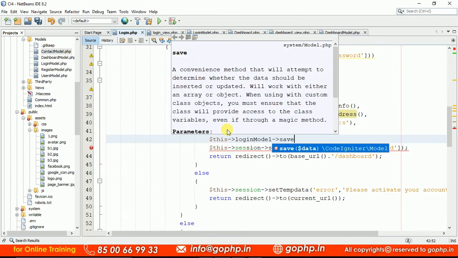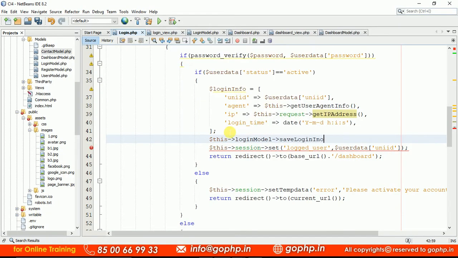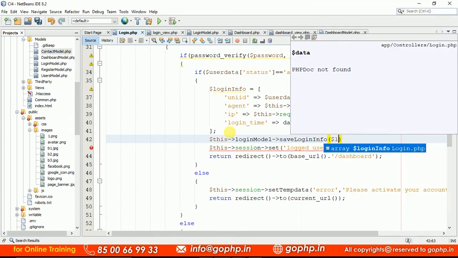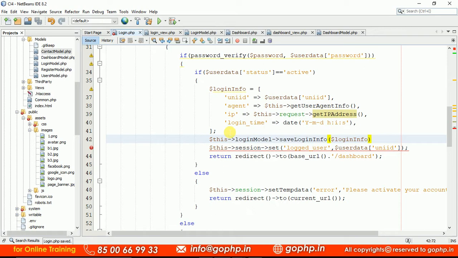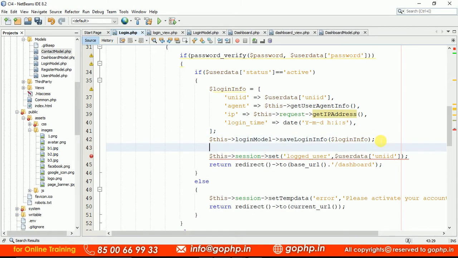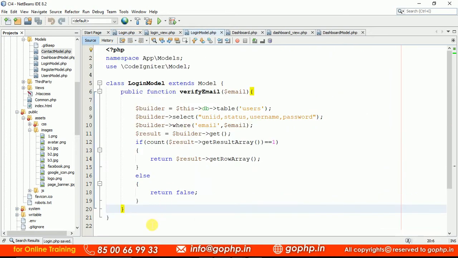Save login info is a predefined method. To this method, just pass the login info variable, right? Save login info is a method. What this method is going to do, you know, this method is going to return the inserted ID. So this is going to save the data. Go to the model, the login model, and create this function, public function